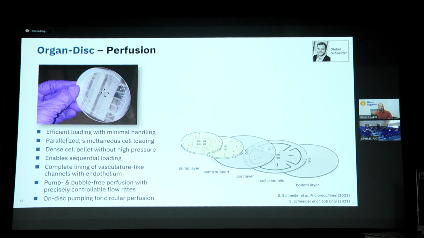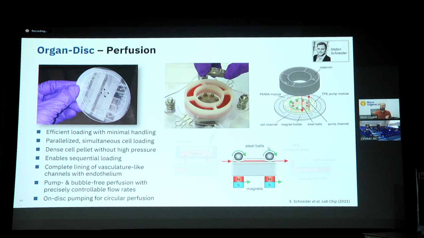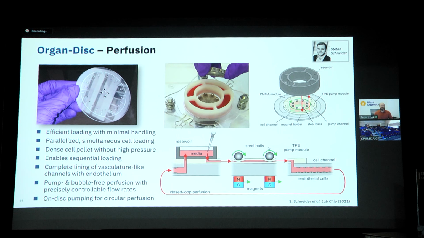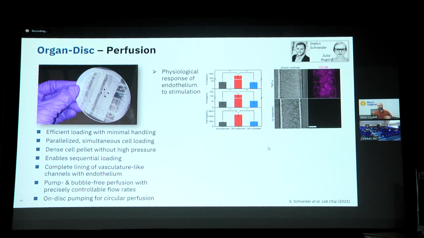And we can also use a different type of perfusion where we add a pump support and pump layer to the center, add steel beads on top of this support layer, then use a magnet. So we don't rotate the disc, but we rotate the magnet underneath the system, and thereby we pull media from the reservoir into the channels and then back into the reservoir, and thereby we have a closed loop circulation. And this can be done again for a wide range of flow rates,